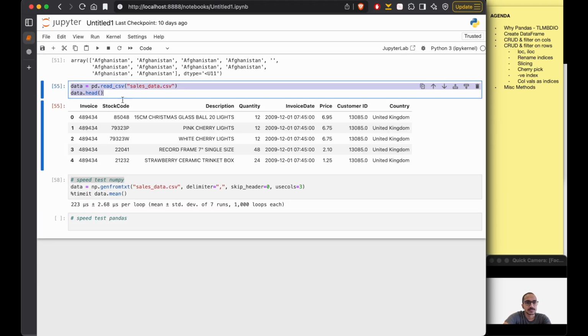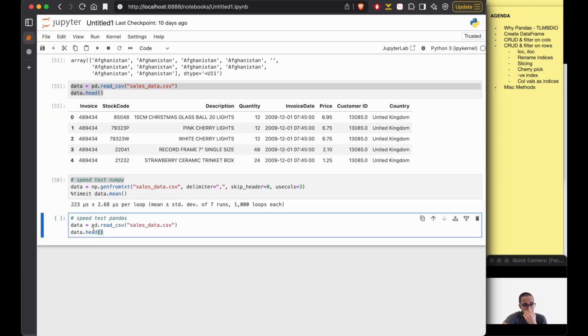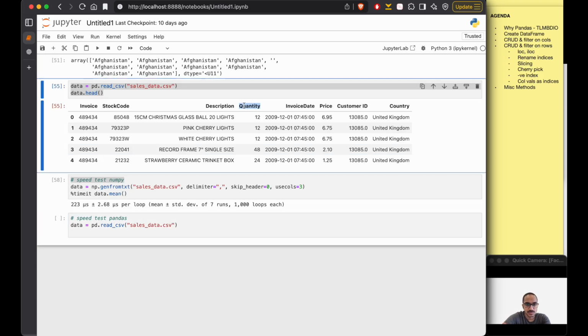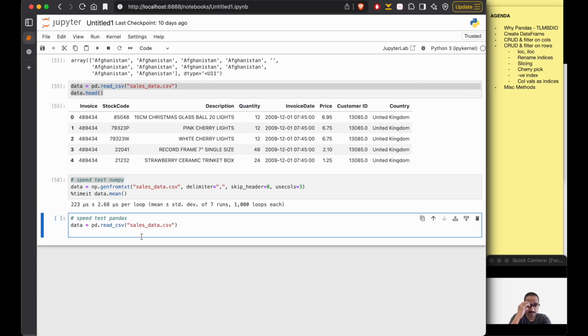We'll take the same code, and we'll do a mean on the column which is quantity. One of the advantages is obviously we can do the same in NumPy as well, but as you saw, it's a huge pain to handle missing values, and it's a huge pain to load the CSV itself. Just imagine doing this on 1 million rows, and there are like 3,000 missing values you'll have to handle manually,